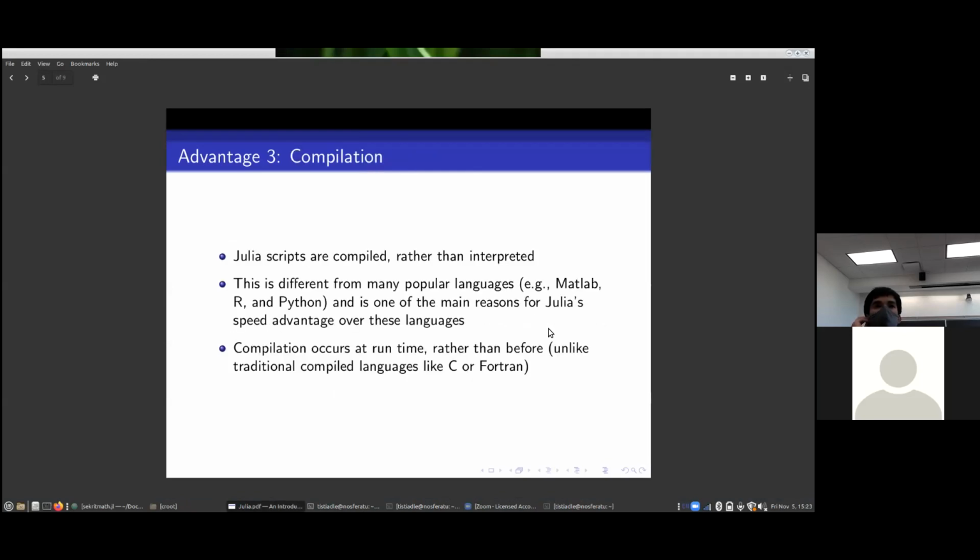A third advantage is that Julia actually does compile its scripts rather than interpreting them. This is different from most dynamically typed languages that you're used to, like MATLAB or Python, but it's one of the big reasons for the speedup. And it turns out that compilation occurs at runtime rather than before. That's what allows for this nice interactivity. C and Fortran, not so much,